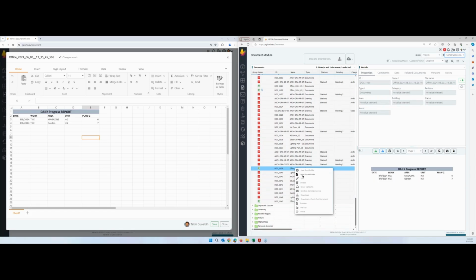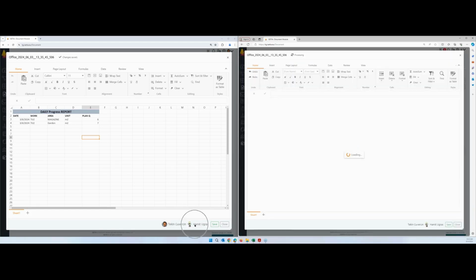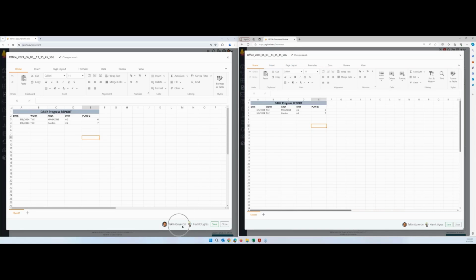Yes, it's this one. Now the system shows me that I have two users at the same time in the same file. This is user one, this is user two. So in this case, if you write here, for example, anything like concrete, and please focus here, when I enter it here as user one, this person will get it. If I write cubic meters, it will be here. If you write 10 here, you will be able to work on it. And if you save it